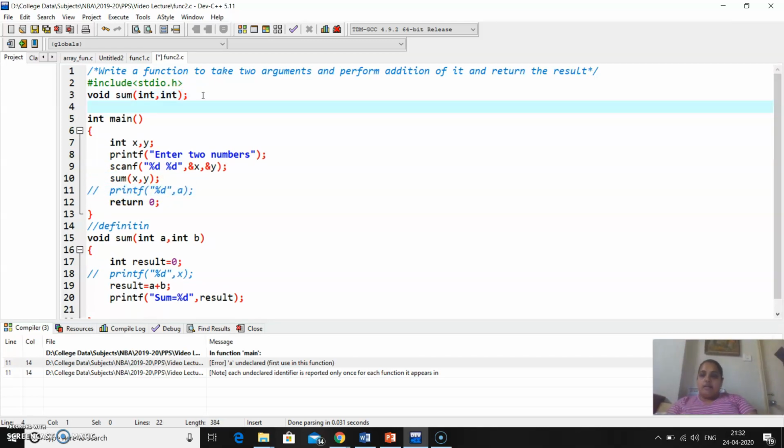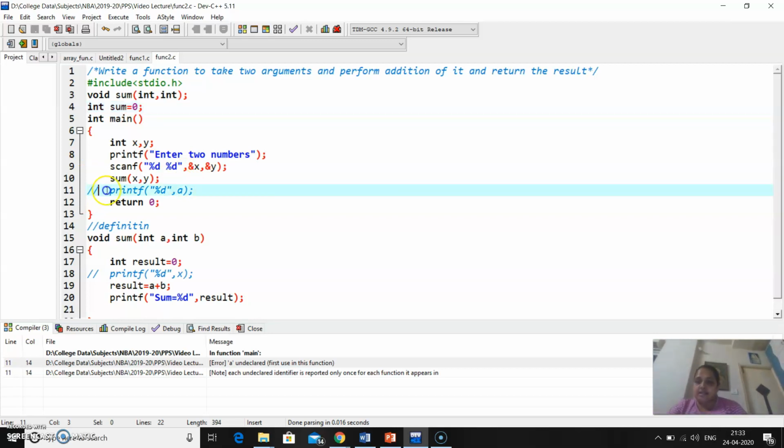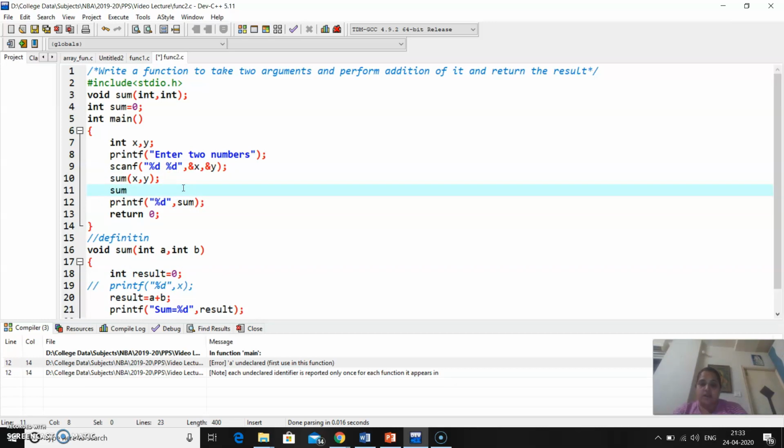Another one is the global variable. Suppose you require a variable which should be used by the main as well as by the sum function. So that will be declared outside the main. I am writing, suppose, integer sum is equal to 0. In this case, this sum is accessible in the main as well as in the function. Here I am writing the printf, and again I am printing the variable sum. In between these operations, suppose I am doing some manipulation on the sum. I am performing sum plus plus and then writing the sum, but it is performed after the call to the sum function.